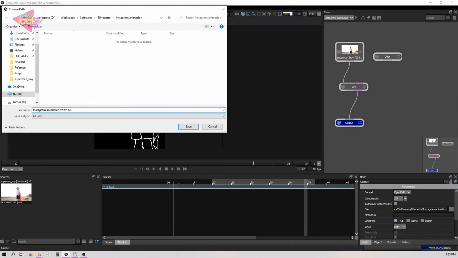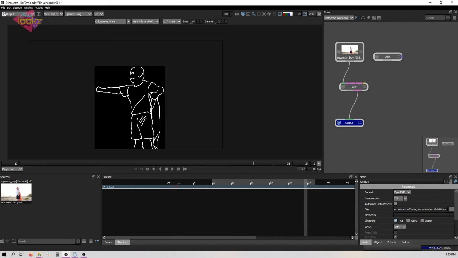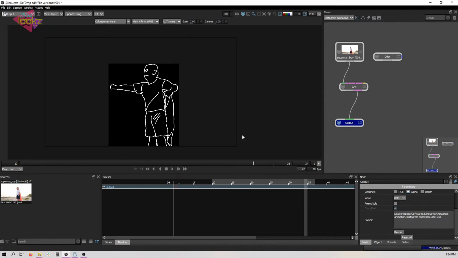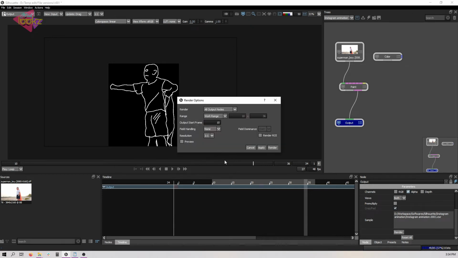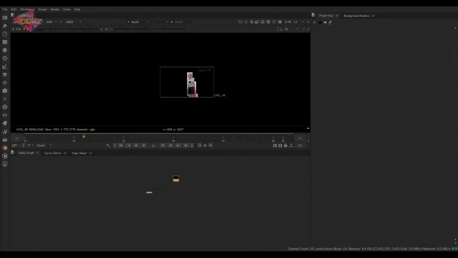Okay, so here we have the alpha option. Just check that because we need RGB and alpha. I will uncheck RGB and just take alpha. Okay, so let's render it. Let's check RGB, I guess, or no need. Let's press render. I'm just going to give the start frame. Everything is correct. Rendering.